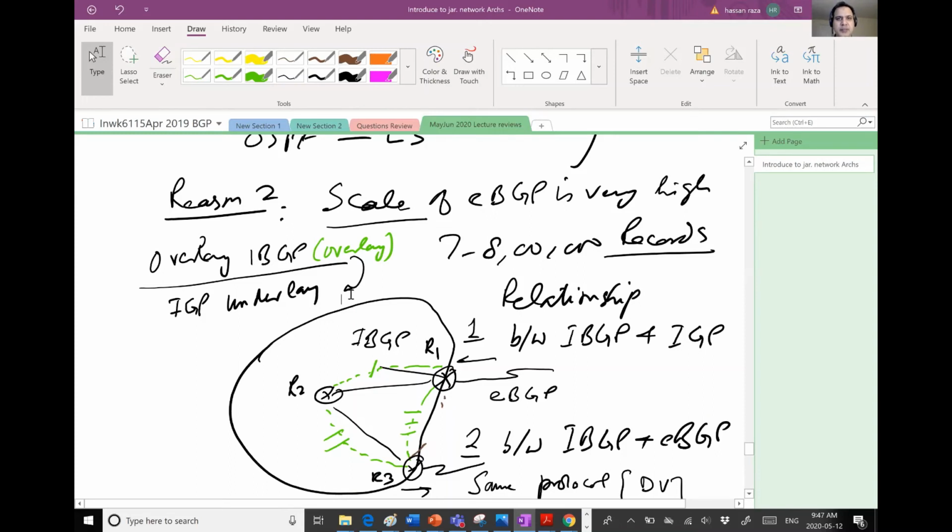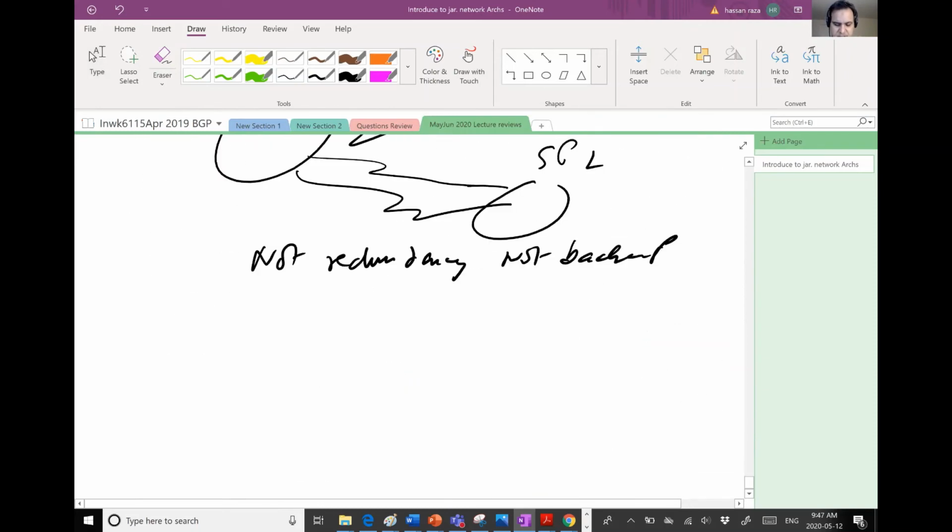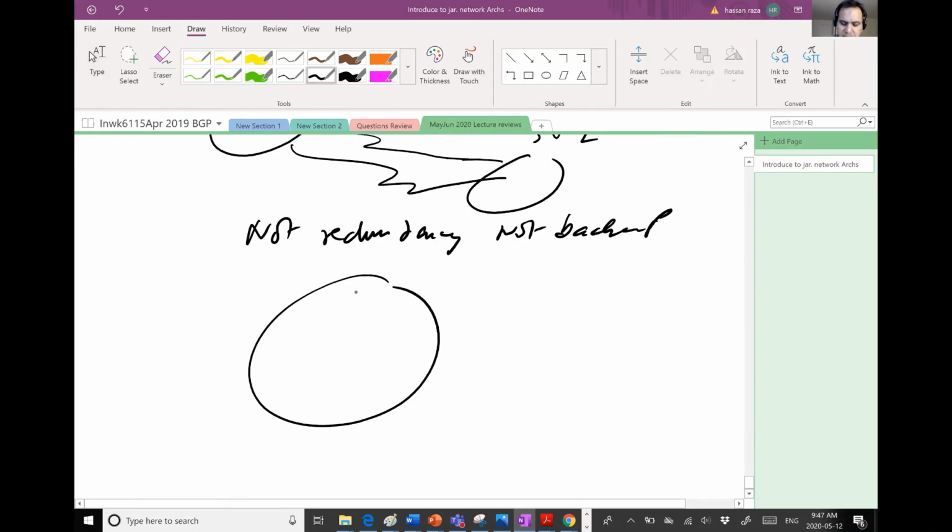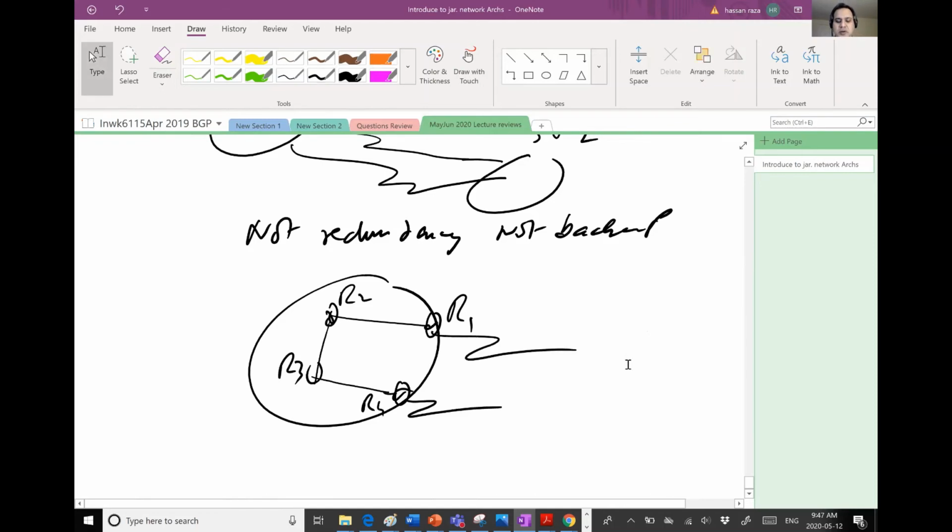So in iBGP, we build an overlay. For example, if I take you here, I have R1, R2, R3, R4. These are my routers, right? So this is an AS. Now I have four routers. So